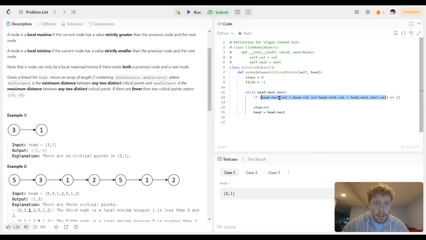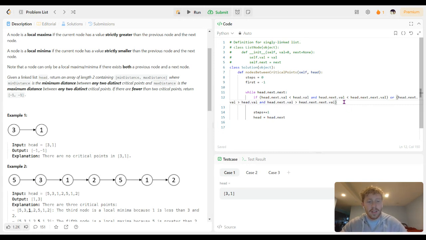Let's just Ctrl+C that. And then it's going to run off the page, but we don't know the correct Python syntax to tab it over, so we're just going to have to get through with this for right now. And then boom. So that just defined that it's a critical point, either a local min or a local maximum. If we haven't found our first value yet, if it equals -1, we're going to set the first equal to step,